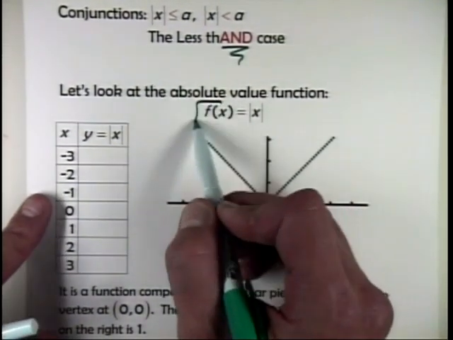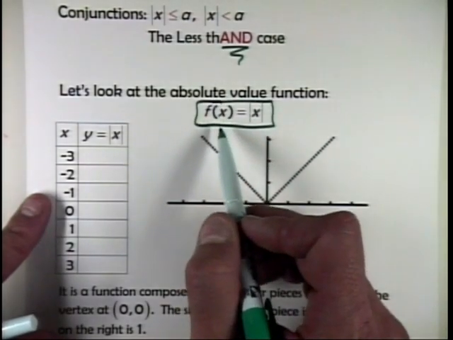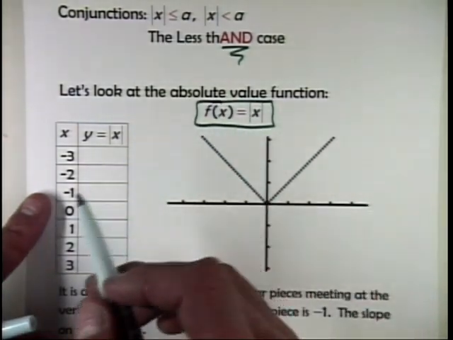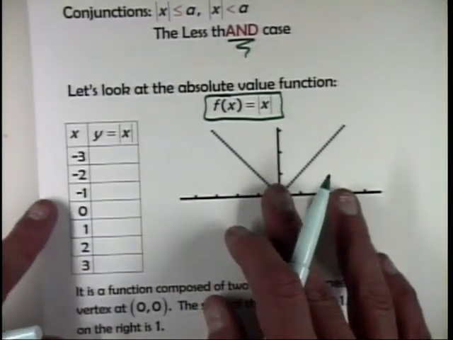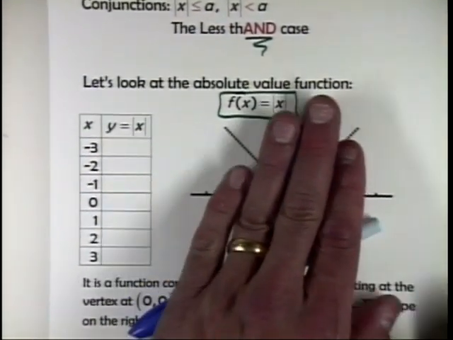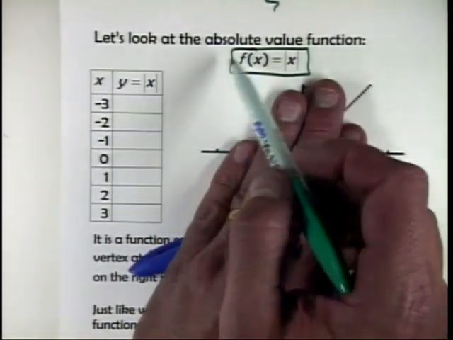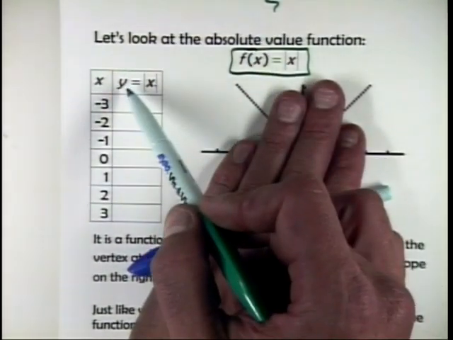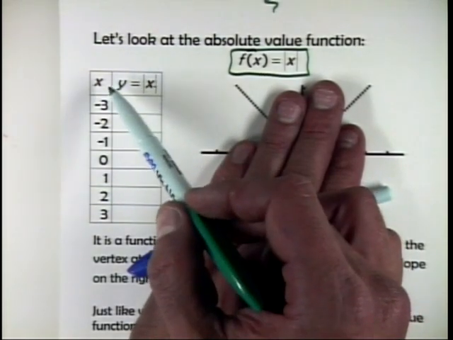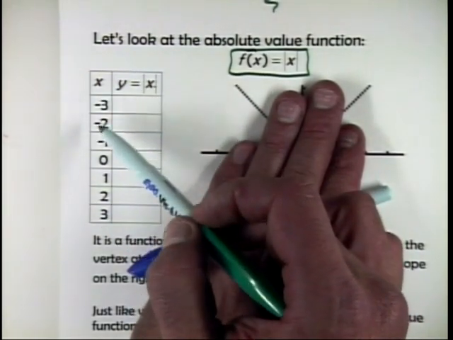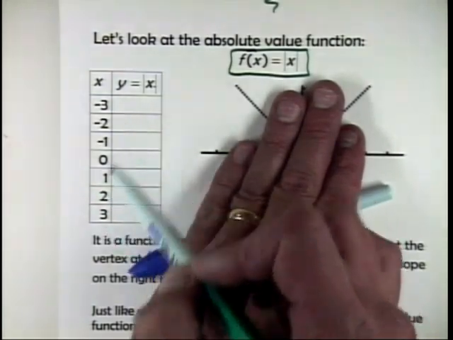So if I just set my absolute value equal to f of x, I can actually sketch it by looking at a table of values. It's kind of given away over here, so pretend you don't see that. Back in Algebra 1, when you were first graphing functions, you made a table of values. X is your independent variable, and our function is the dependent variable. So I just chose a nice little sampling of x values, -3, -2, -1, 0, 1, 2, 3, some nice